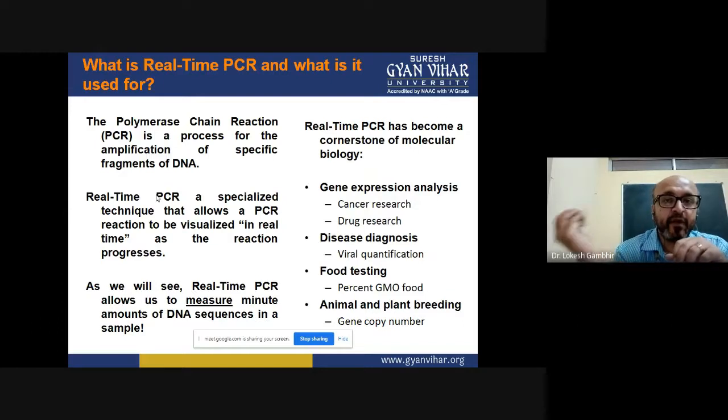And then we have automated it with the computer system, with our system workstations, and in that workstation I am seeing the increase in fluorescence, which is directly correlated with the increase in copy number of DNA, the increase in the amplicons, and that particular visualization is called real-time PCR. So why has it become so popular, why is it considered a cornerstone of molecular biology? It's used in multiple settings. If I want to know the expression of a certain gene, whether the gene is getting expressed and producing mRNA, I'll directly go for real-time PCR.